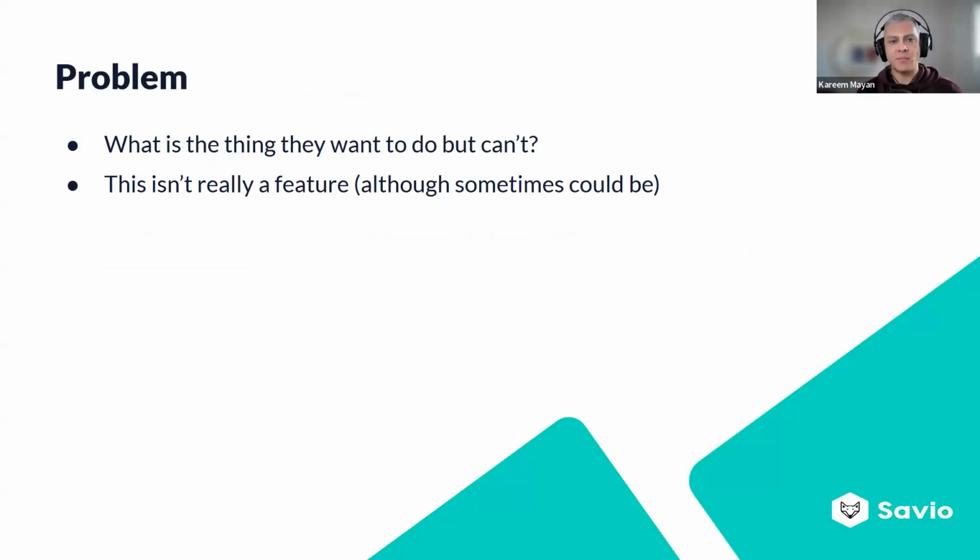But the problem, I get lots of feedback, or got lots of feedback before I started Savio, along the lines of, I need a blue button. And what the real problem there was, was that the person was colorblind and they needed to be able to distinguish buttons. And so, as a PM, "I need a blue button" is not helpful. But "our users are colorblind and need a way to see or distinguish the buttons" is much more helpful feedback. So drilling in on the problem here is really the core piece.